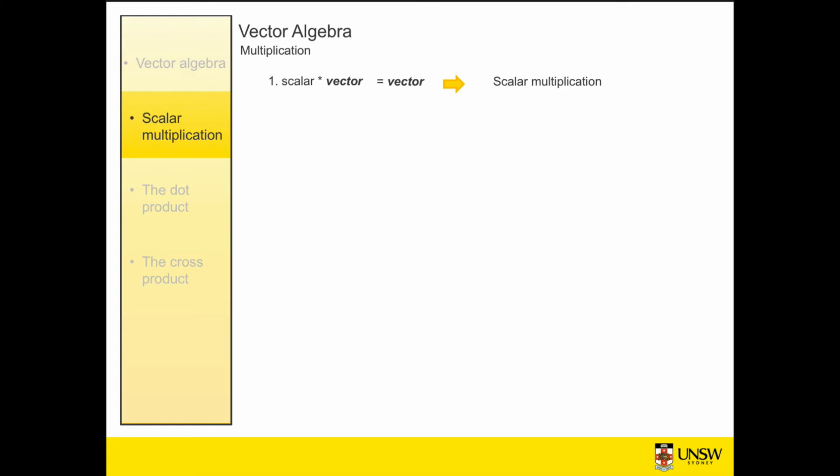So scalar multiplication is when we multiply a vector by a scalar, so just by a number. And in this case, we multiply each component of the vector by that scalar. So I've used a 2-dimensional example here because it's easier to draw, but I will give you the formula in 3 dimensions. So if we have our 2-dimensional vector, 3i plus 4j,